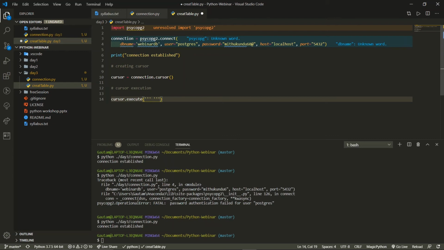Now we'll write the entire thing that we do over here, that is create table. Name of the table is employees.